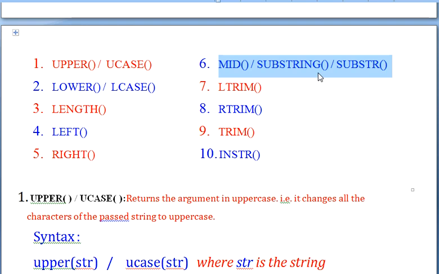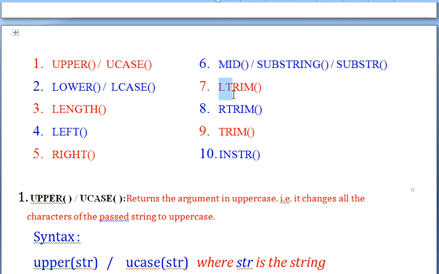Mid can extract data from any part of your string: from the leftmost, from the rightmost, and from the middle also. So this is an all-rounder, we can say. What left and right do can be carried out with mid or substring or substr, and along with that it can also extract data from any part of your string.